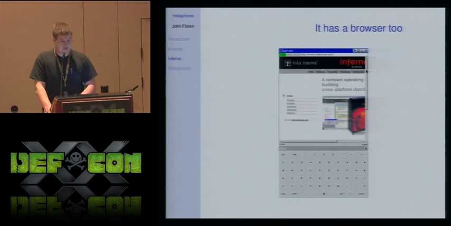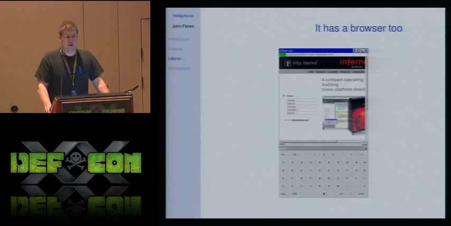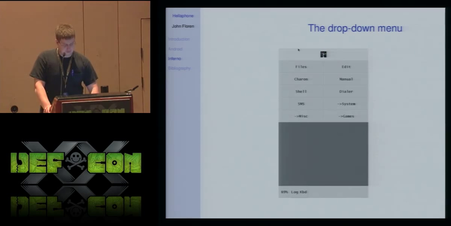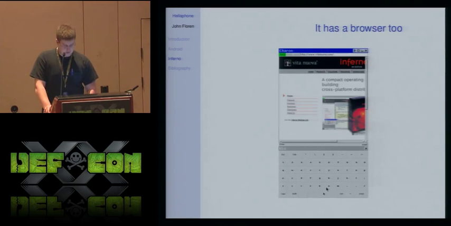So yeah, we've got some graphical applications that came with Inferno, which is nice. And we have an on-screen keyboard, and you access this by pressing the menu button on your phone, which toggles the on-screen keyboard. We set up some shortcuts also to manage your windows. If you press the back button, it kills that application. If you press the home button, it minimizes the application down to the little bar down here. We've got shortcuts for setting the screen brightness, things like that, turning the screen on and off.